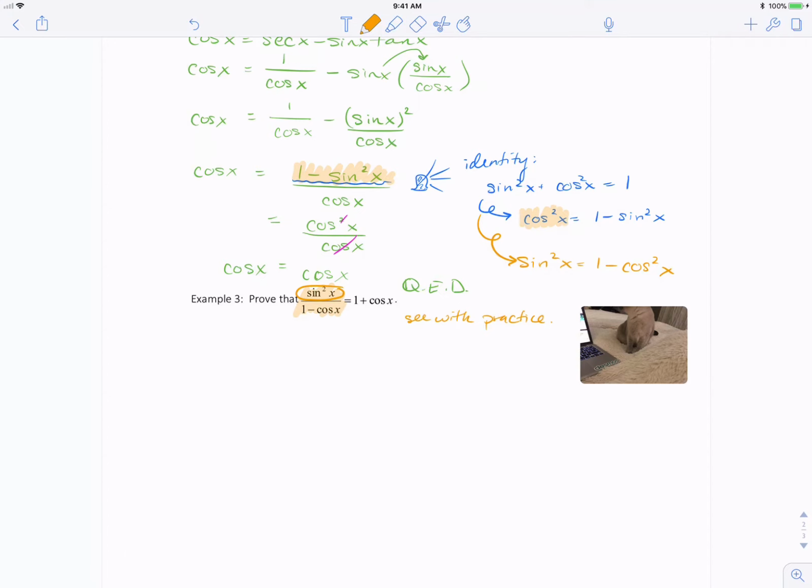So seeing this with practice, sorry for the little delay, on the top of my expression, instead of writing sine squared theta, I'm going to write 1 minus cos squared x all over 1 minus the cos of x